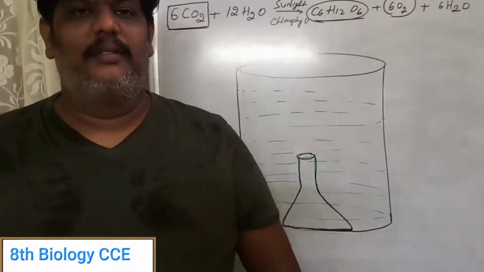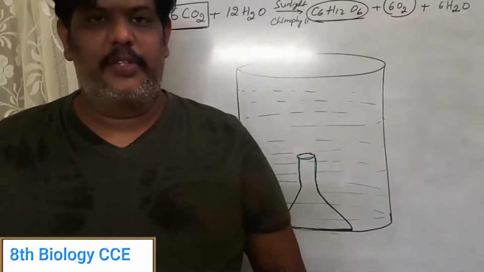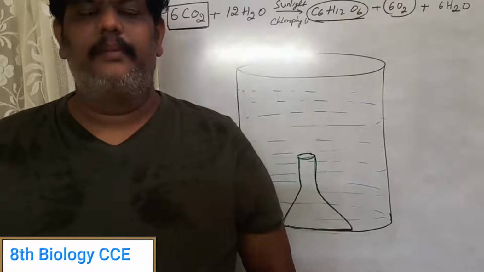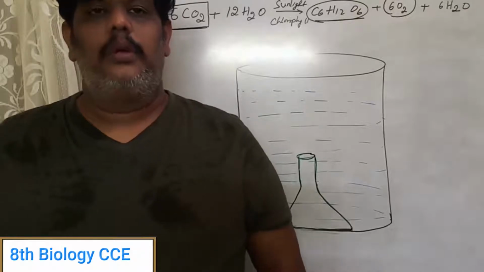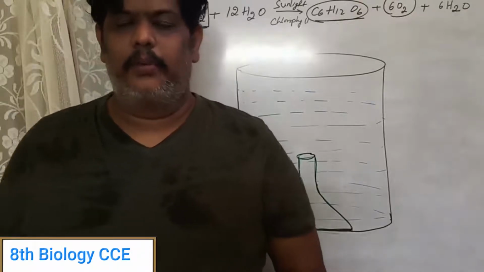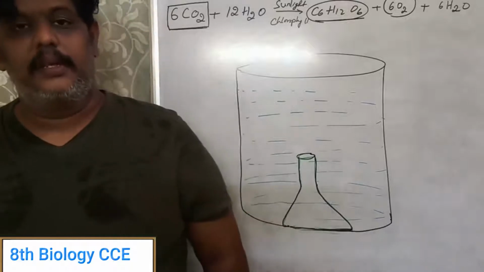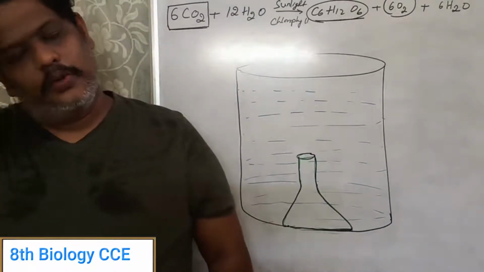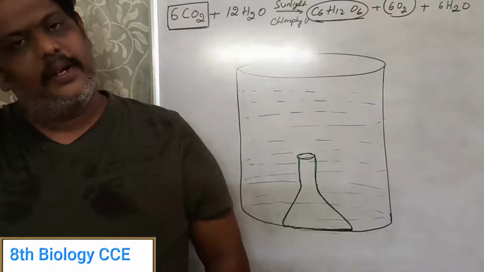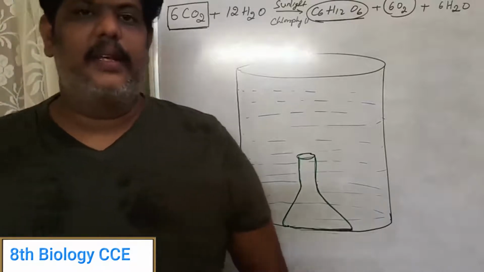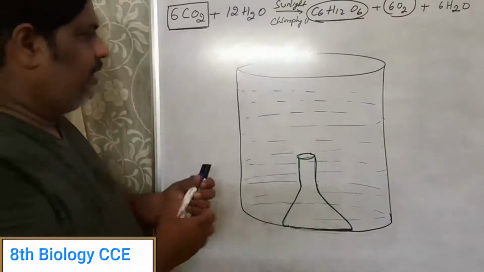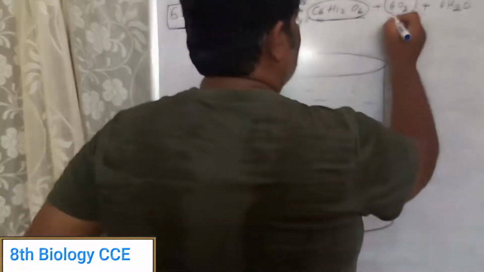Children, hope you understood the lesson which we saw yesterday, that is how carbon dioxide helps in the process of photosynthesis, and how it is really essential for photosynthesis. That is what we learned yesterday. So today we are going to see another experiment where we are going to prove that oxygen is liberated during